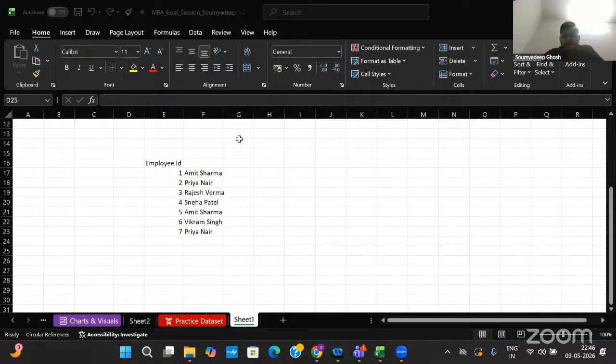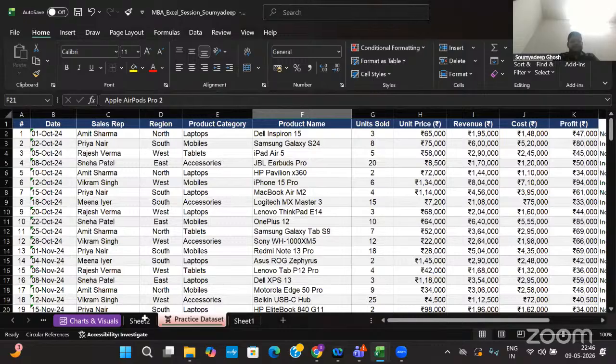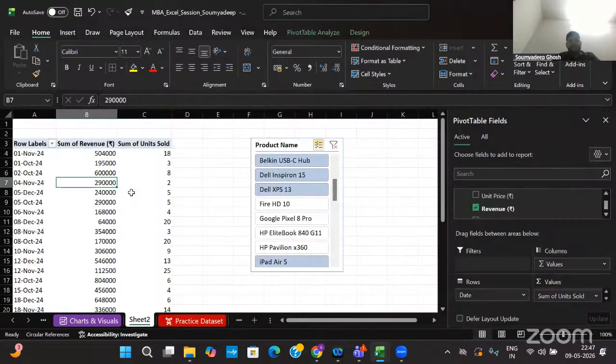Vedant, your question: we have to create exact columns for it. For example, if the revenue was in percentage, we would have to add a column. But in most cases, revenues are not present in percentages; they are present in the sum itself. But if you want to see, I'm just removing the slicer.